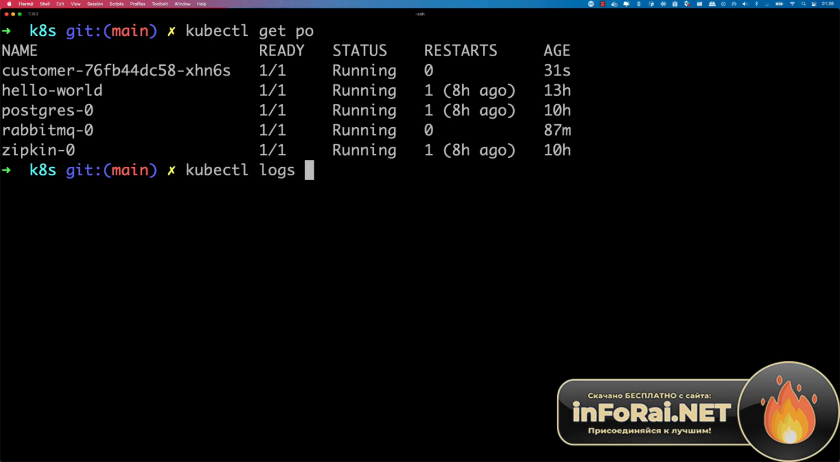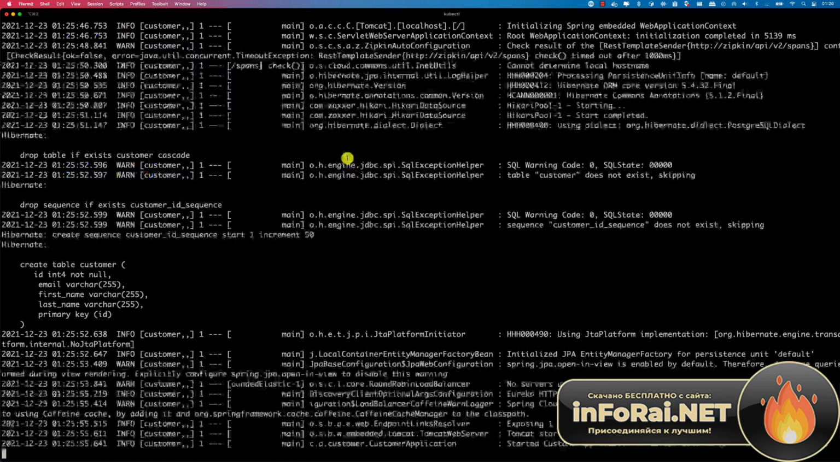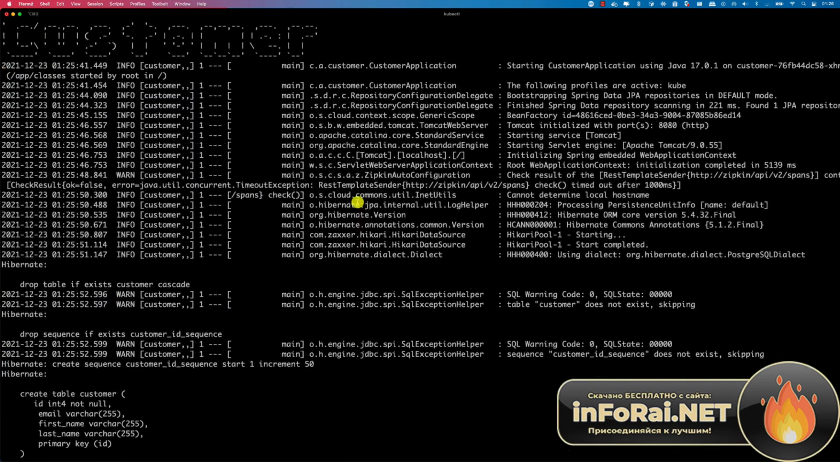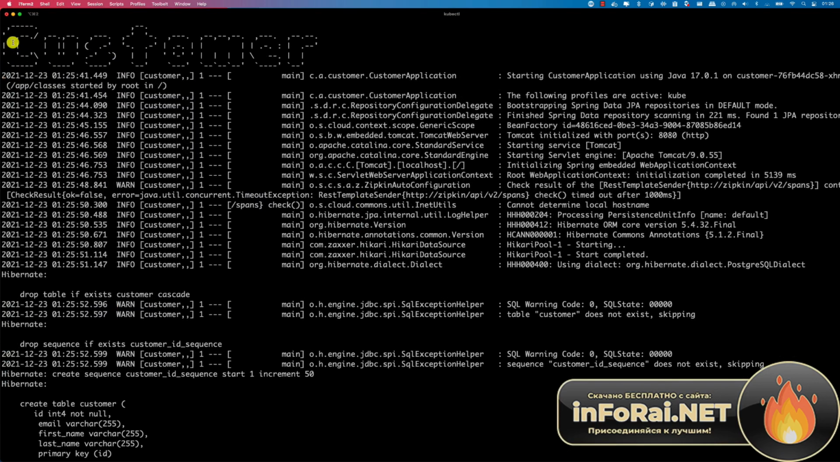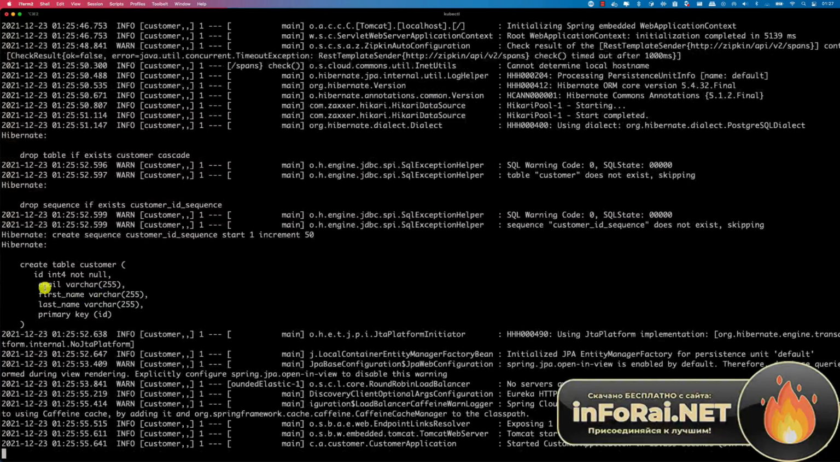kubectl logs, and then paste the pod name. And I can say -f for tailing the logs, and check this out. So this should be familiar to you. So if I scroll up, you can see that we have our banner in here, customer, and basically this is the startup process, create table customer, and then in here you can see that started customer on port 8080, and